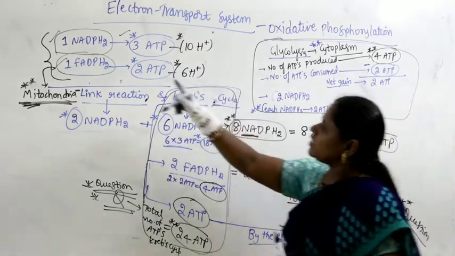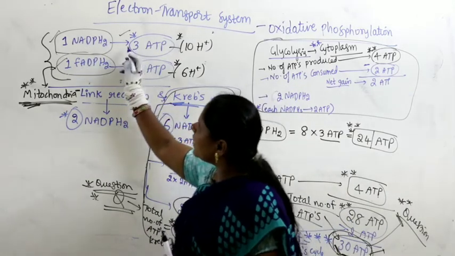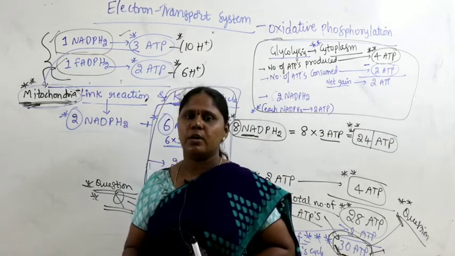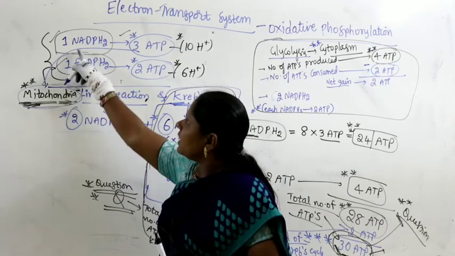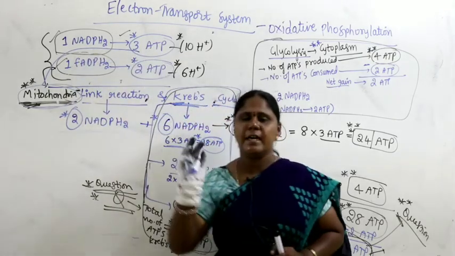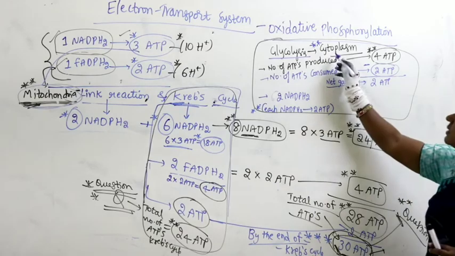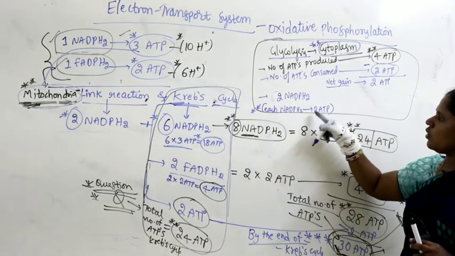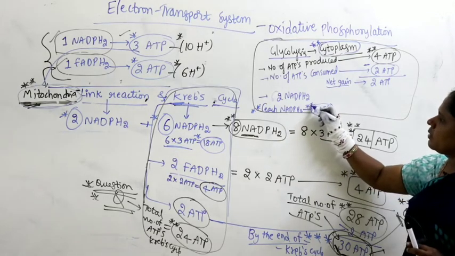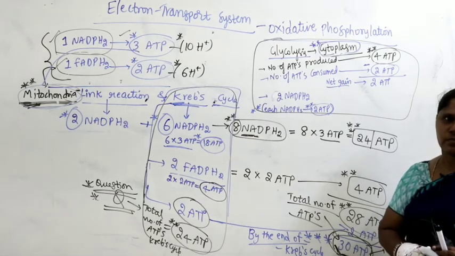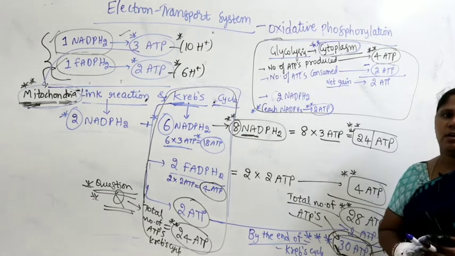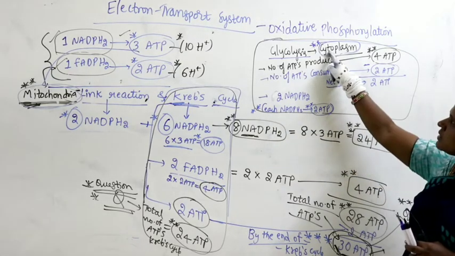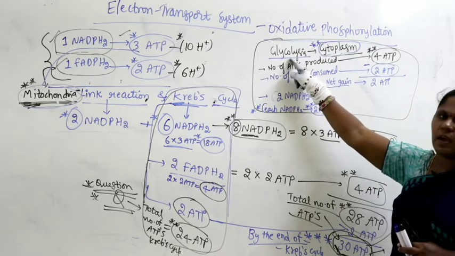Whereas in the mitochondria, each NADPH2 contributes 3 ATP because the reaction is happening in the mitochondria. Very important difference. In mitochondria, each NADPH2 contributes 3 ATP, whereas in cytoplasm, because glycolysis happens in the cytoplasm, each NADPH2 contributes 2 ATP. I hope you got it. Most people will confuse this. Each NADPH2 contributes 2 ATP because it happens in the cytoplasm, and that is what you have to count in